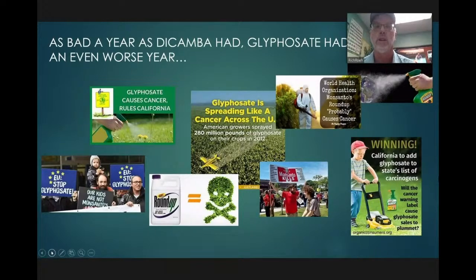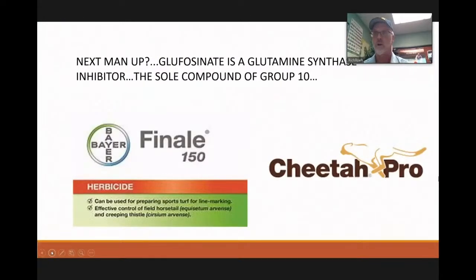It's very unique. It's the only material that has its mode of action. It's a group 9 EPSP inhibitor. That's a type of enzyme. Okay, but it's the only material in that particular mode of action, that active ingredient. Because it's the only one and because it's been used so much, it has also led to a whole lot of resistance that we're aware of. The next man up,